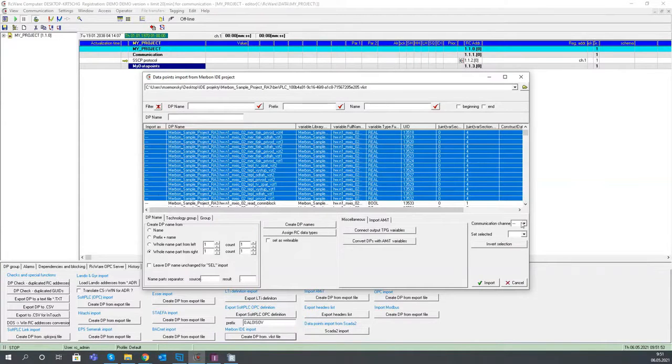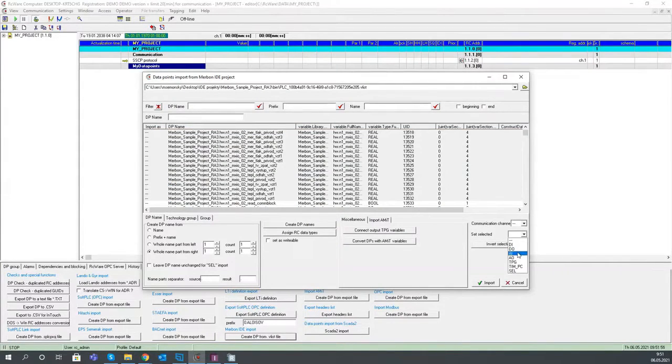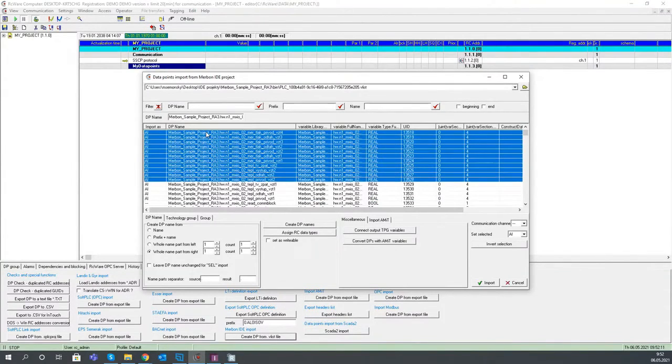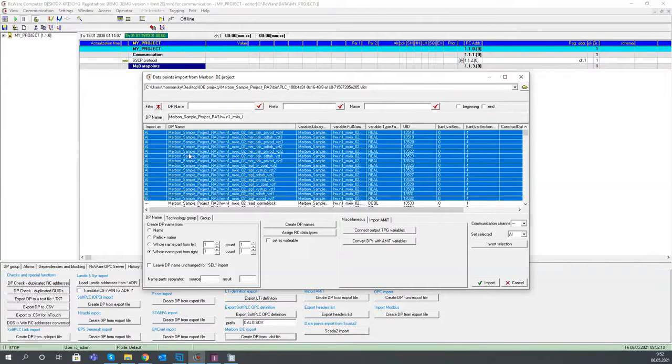So either I will select it as analog inputs here, and we can see that it's named here already, import as analog input. Or I can just mark the data points like before and press the space bar until I get the correct variable type. So digital inputs, digital outputs with buttons, analog inputs to read values, analog outputs for controlling or setup of an